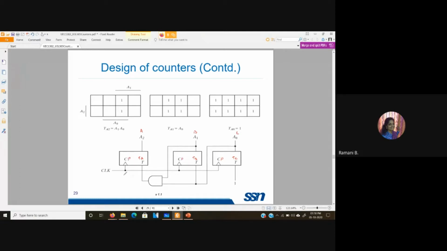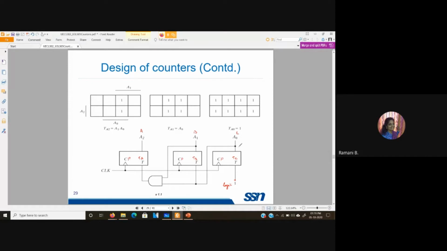So first thing what you do is you need to draw all the 3 flip-flops. You can draw it vertically or horizontally. That is not at all a problem. Then you give the same clock pulse to all the flip-flops. Then what we saw, the least significant value, that is the TC has logic 1 as the input. So that is what is mentioned as 1 over here. You can write it as logic 1 also. And the corresponding output is obtained.